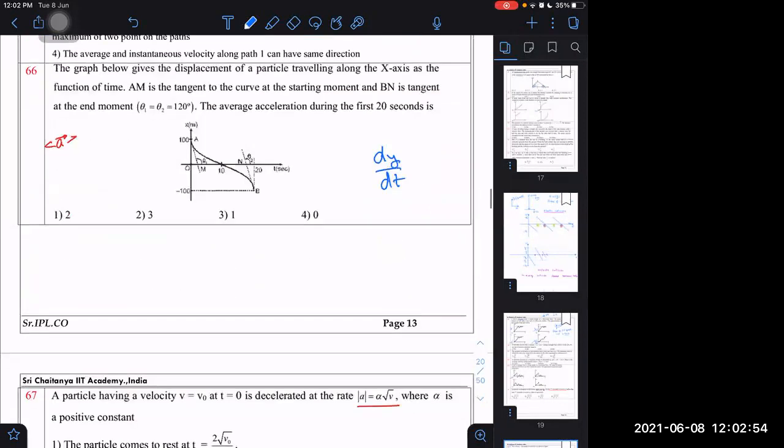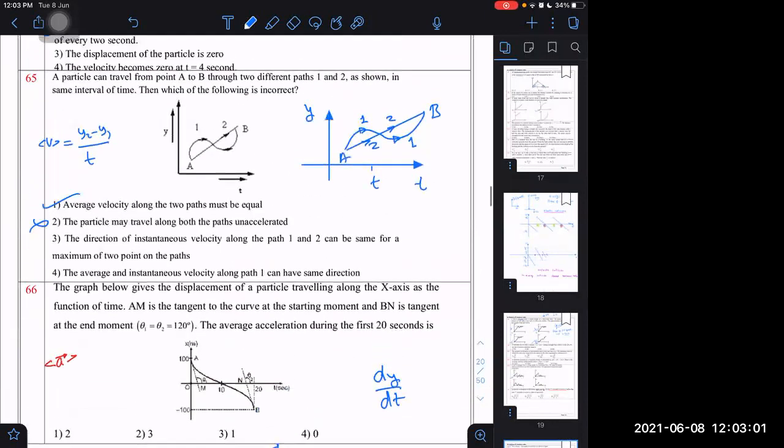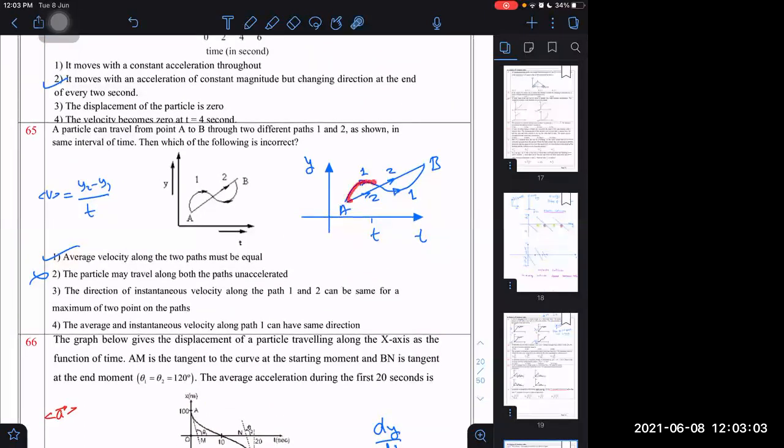I have told you that if a particle is moving along a path, then the velocity will always be tangent to that path. And you are forgetting that this is not a path. When you are looking at it, what are you thinking? It is a road, and on the road some particle is moving? It is just a graph plotted. What does this graph mean?